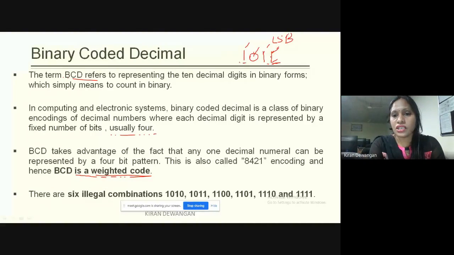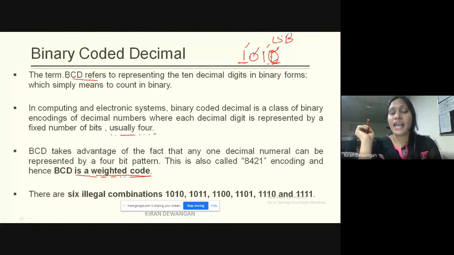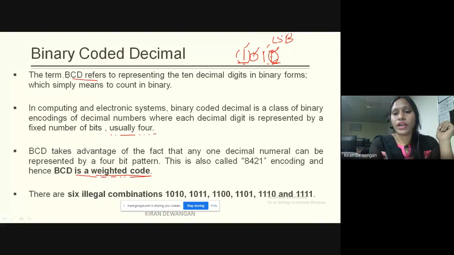And this position is known as MSB, which is most significant bit. Always the rightmost bit is the LSB and the leftmost bit is the MSB. Clear? So if I am having a code 1, 0, 1, 1.